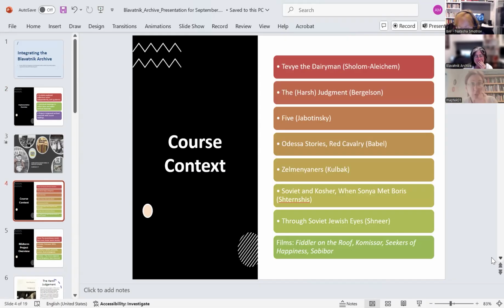There were 24 people in the course, and just to give you an understanding of what we were reading: The Dairyman, Hard Judgment by Bergelson, Jabotinsky, Odessa Stories and Red Cavalry by Babel, half of the book Zalmaniners by Kulbak, short pieces from Soviet and Kosher, Sonemet Boris by Anna Sternshis, and also some chapters from Through Soviet Jewish Eyes by David Shneer. We watched Fiddler on the Roof, Commissar, Seeking Happiness, and Sobibor. I very much wanted to make them see Pravednik instead of Sobibor, but it didn't work out because